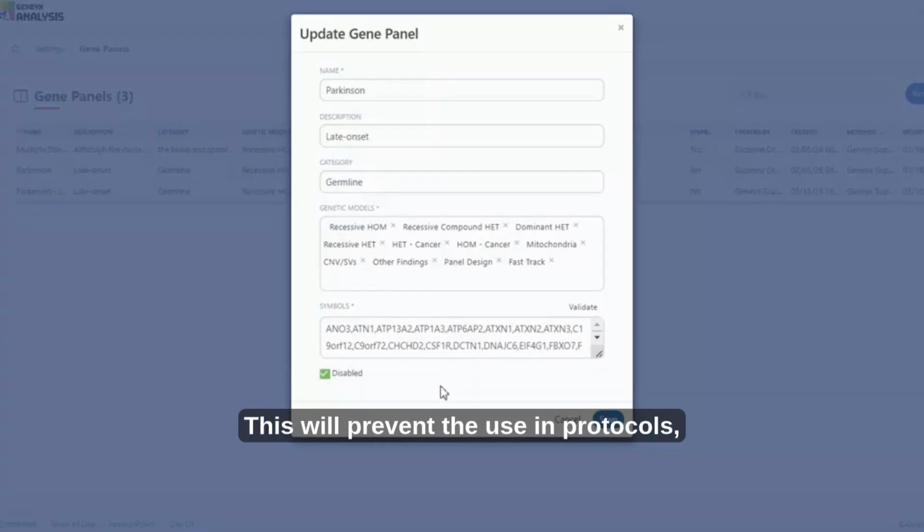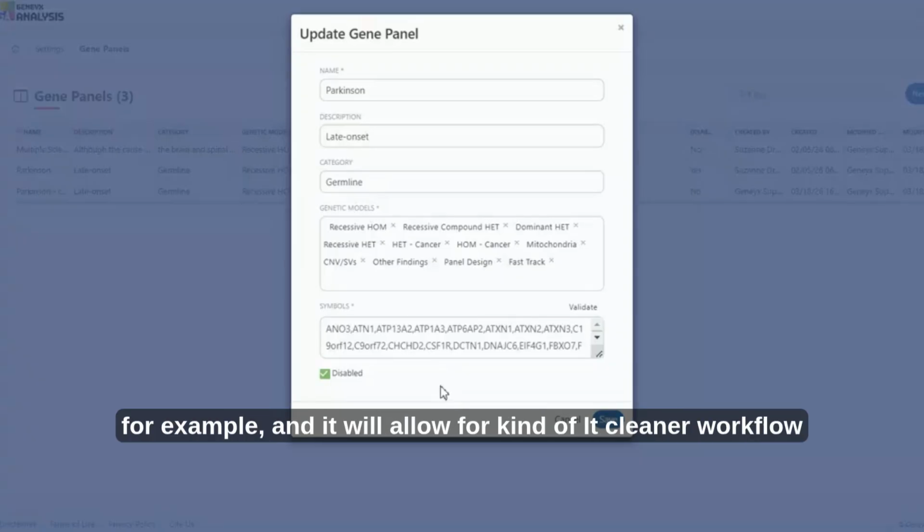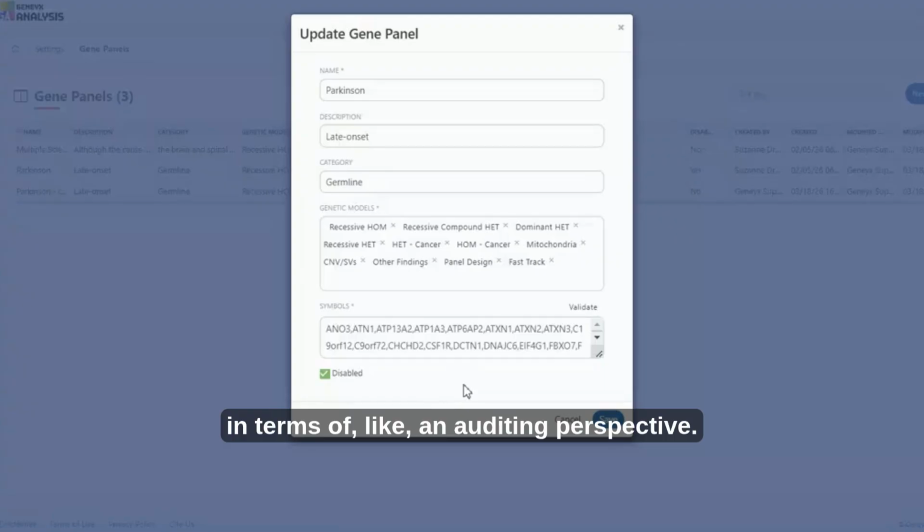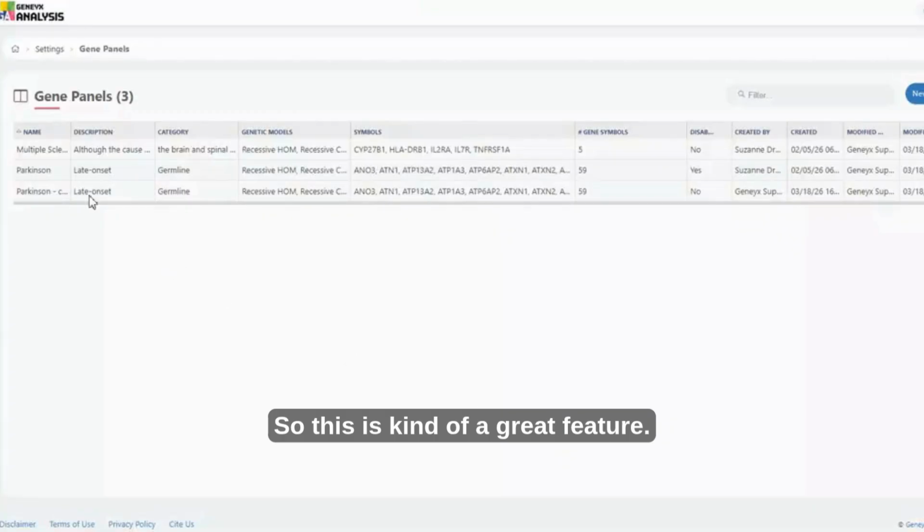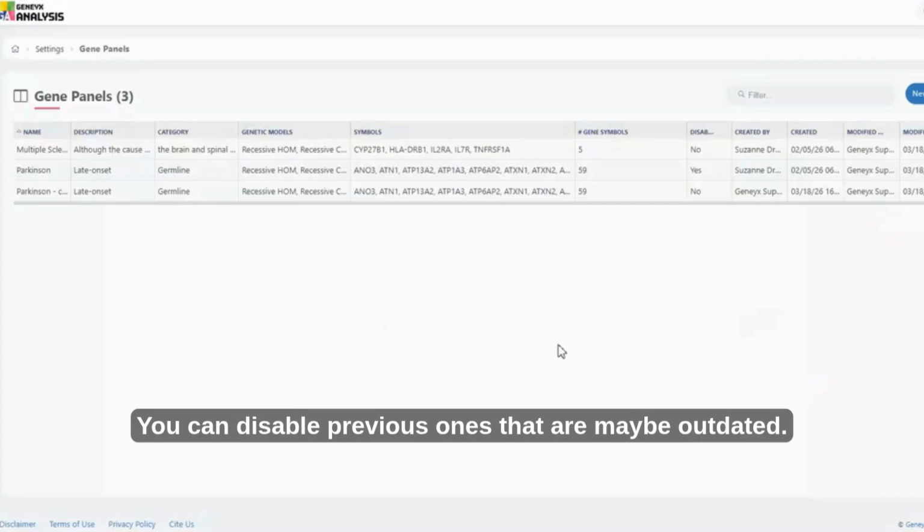This will prevent the use in protocols as well as selection in any like analyses, for example, and it will allow for kind of a cleaner workflow in terms of like an auditing perspective. So this is kind of a great feature. Again, you can create copies, you can disable previous ones that are maybe outdated,